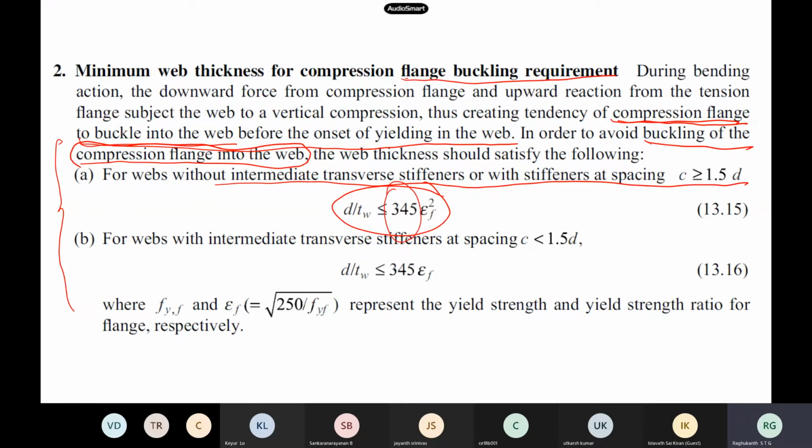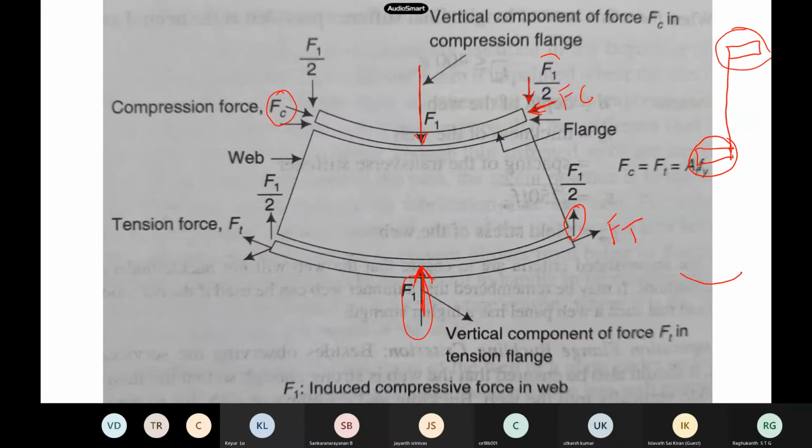Any of you remember what this clause 345 stands for? What happens if this clause doesn't meet? See, any of you remember? What did we say? Because it is a plate, the top flange will be in compression, the bottom flange will be in tension.